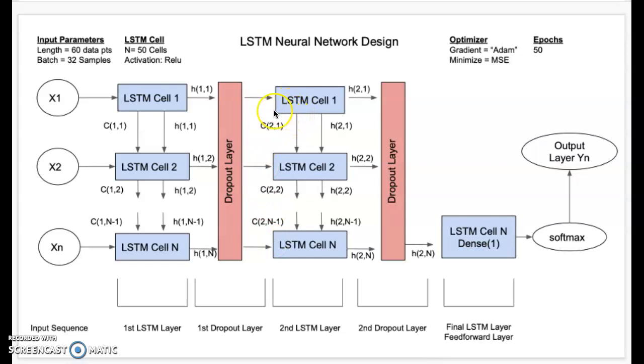So again, we have our long-term memory stored and passed from one LSTM to the next cell, all the way from cell 1 through cell n, which was 50 cells per layer. And then we had a second dropout layer, which reduced irrelevant information by 0.2. Finally, we have a final LSTM cell, and this is going to pass our feed forward to fully connect our